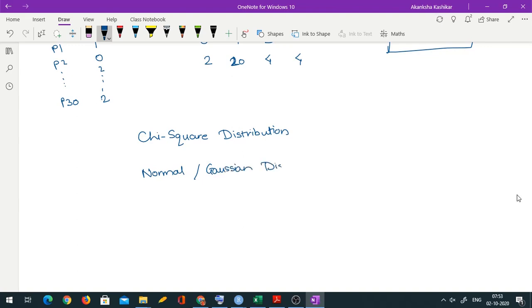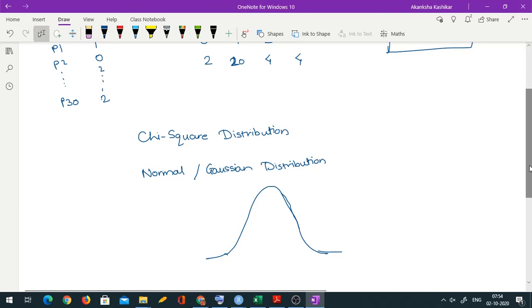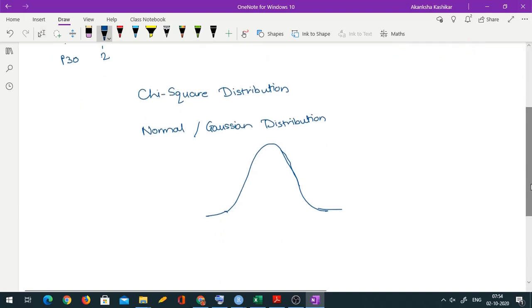Normal distribution is the most widely used probability distribution in statistics. And all of you know that it has the typical bell-shaped curve, right? Of course my drawing is not that great, but you can imagine this to be a symmetric bell-shaped curve. And then you have studied many properties of it. The distribution is symmetric, then you might have heard of 3 sigma limits, 2 sigma limits, 1 sigma limit and so on. Okay. So chi-square distribution actually arises from normal distribution.